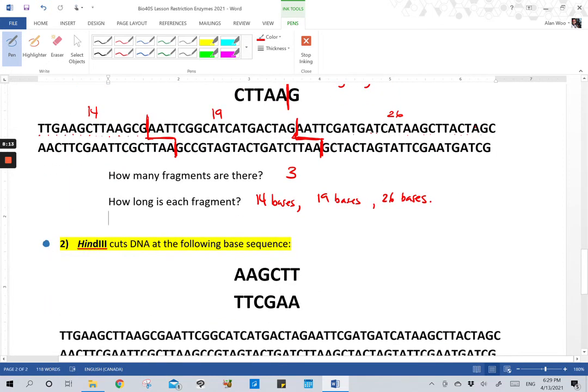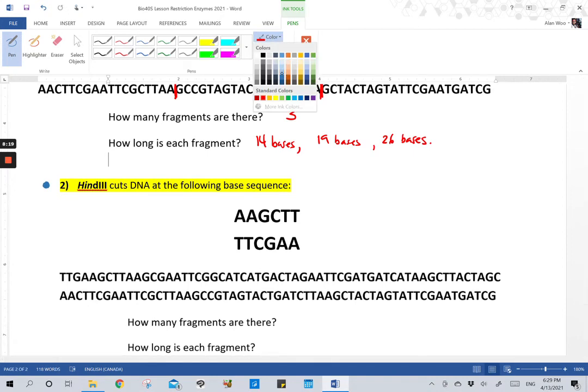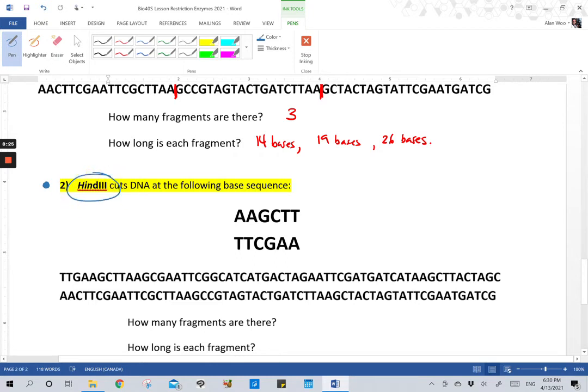So I'm going to scroll down to HindIII. I'm just going to change the color of my pen here. So HindIII, I want to again remind you that this DNA sequence is exactly the same as the one above. But because I'm using HindIII, I'm looking for AAGCTT. The cut is still made the same way. It's going to cut between the 2 adenines at the beginning, it's going to cut between the last 2 bases at the end, and it'll cut all the hydrogen bonds in the middle. So again, another zigzag cut,